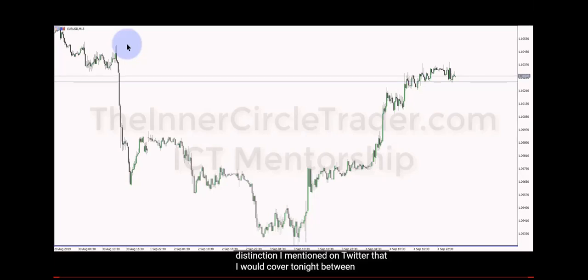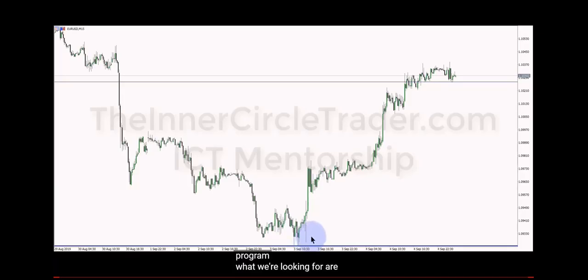between institutional order flow and interbank order flow. What are the differences between the two, rather? If we have an idea that the market is wanting to be bullish, in other words, it's a bullish buy model, or in a buy program,